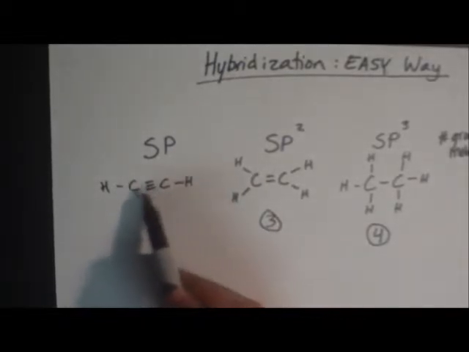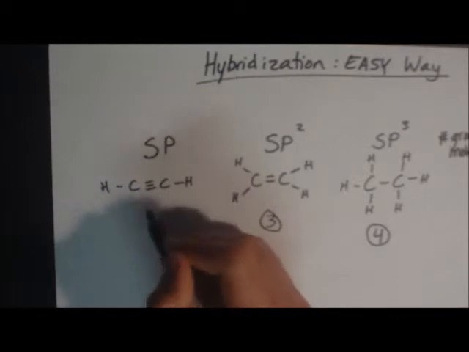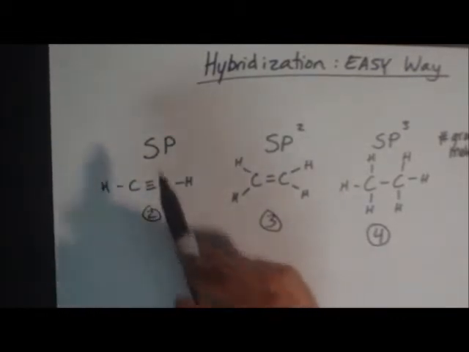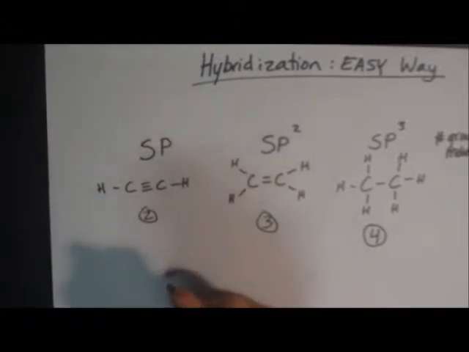And an sp hybridized carbon could look like this, where you have 1 hydrogen group and 1 carbon group, because the triple bond still only counts as 1 group. So you're going to have 2 groups attached, making it sp hybridized. Well, what does this mean? Based on this, we can tell